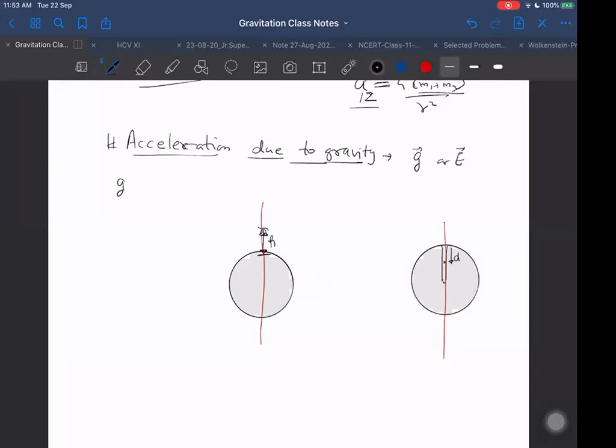What we want to find is how g varies as a function of h. So g as a function of h will be found this way. I can write g is equal to G M, where M is the mass of Earth, upon (R plus h) square. Yes, as we know already, because it is equal to E, the same formula, as the electric field has the same formula as the gravitational field. So G M upon (R plus h) square, I will prefer to write it in this way, and I will give you a reason why we do that: 1 plus h by R, whole square.